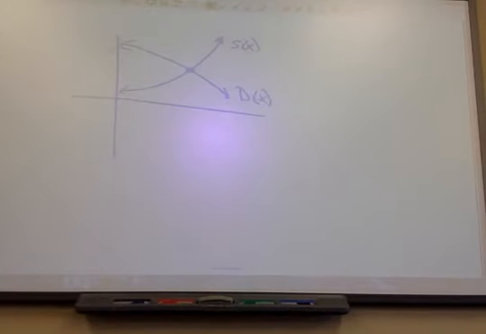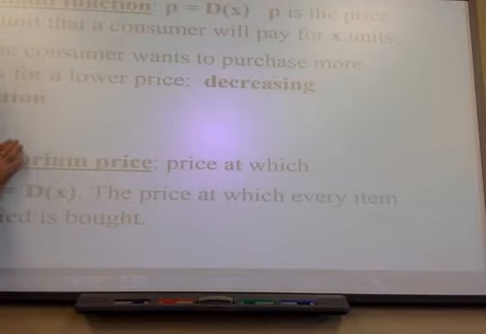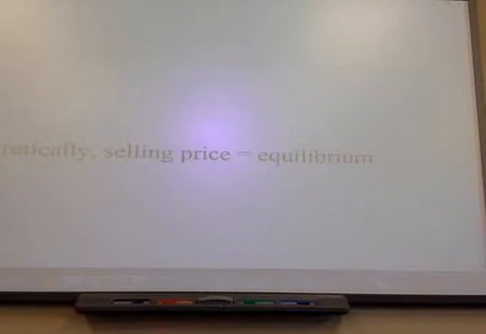If you can agree on the price where the supply meets the demand, you'll sell every unit and not have an overage or an underage. And that would be ideal. And I think I say that at the very bottom. Theoretically, selling price equals equilibrium price. So,